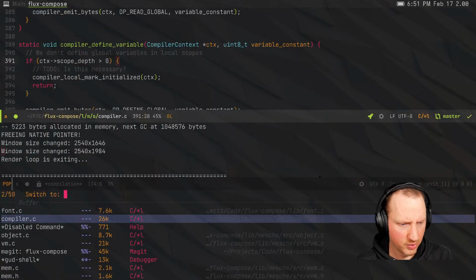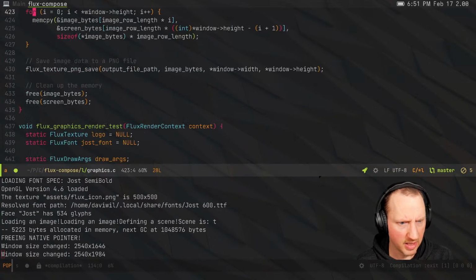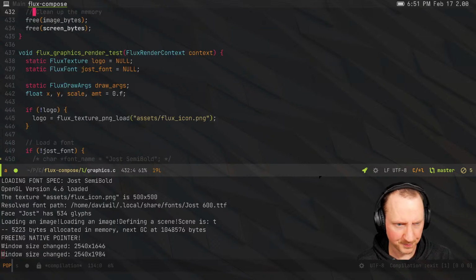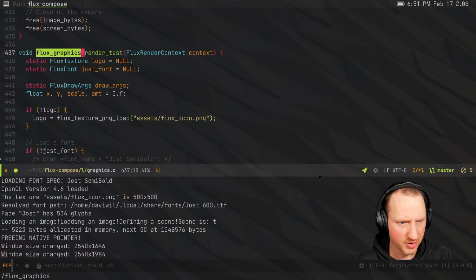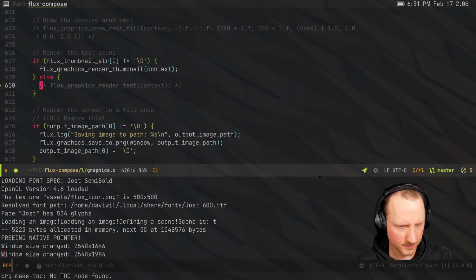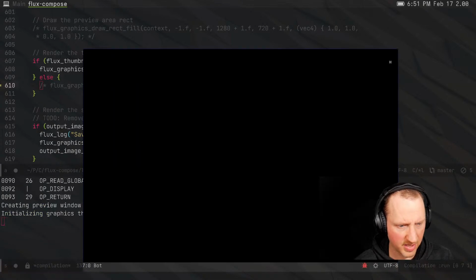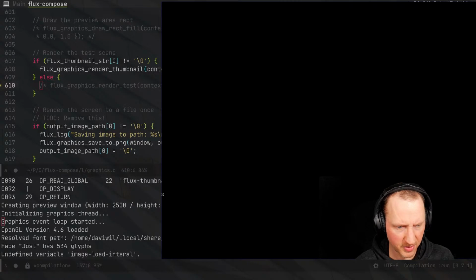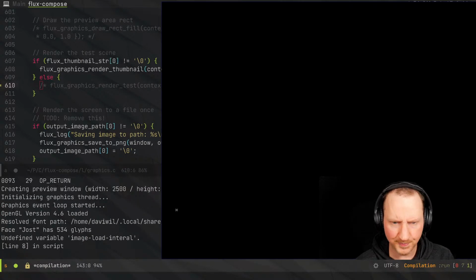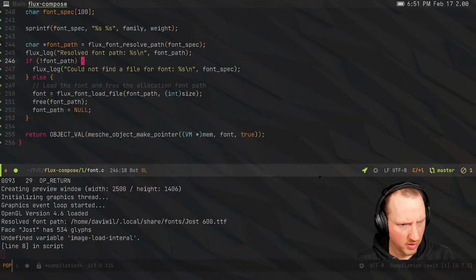And in fact, let's go into graphics.c. Let's stop all of the loading from the previous render, or see Flux graphics render test. Let's just stop calling that. Because I don't want to load all that stuff. Okay, so now we've got a lot less noise to deal with. And I can go add the function for